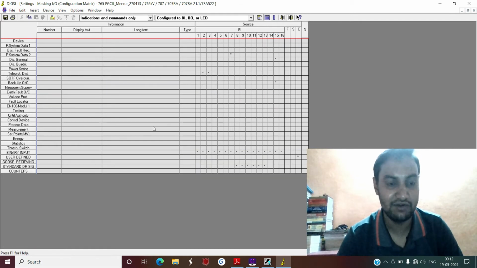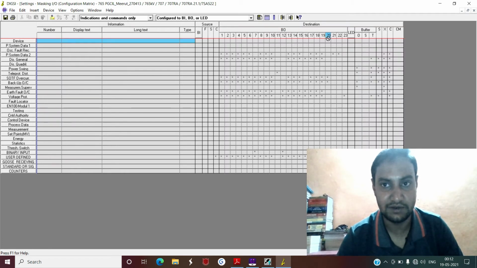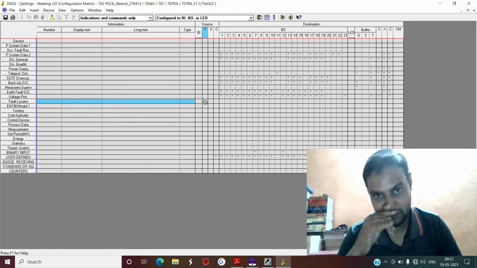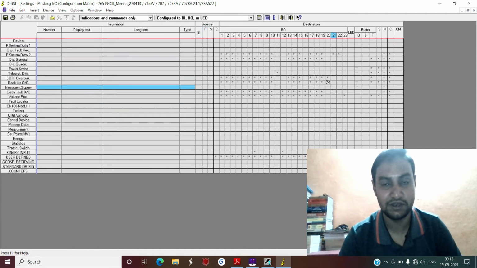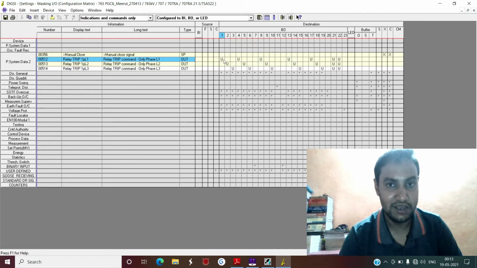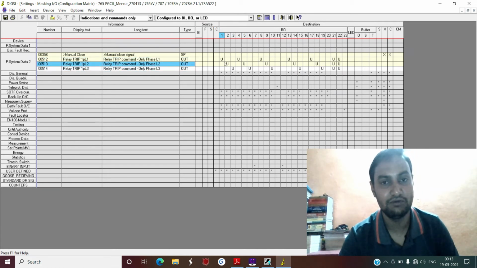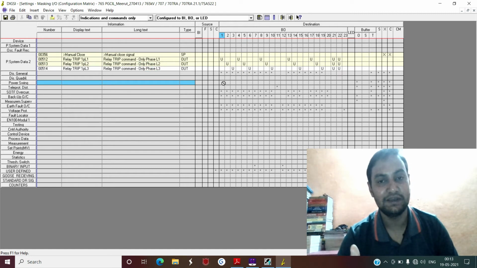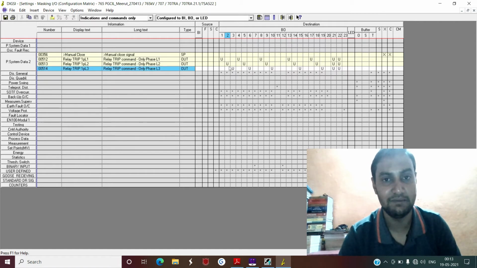So once you have configured your input signals, the next thing is output configuration. Go to this destination tab. Now in the output configuration, if you see, there are lots of matrices or masking over here, but this is again a very simple thing. If you just expand any of these, I will explain some of the outputs to you, output number 1, 2, 3, for example. If you understand some of the outputs, you can definitely understand the configuration of any output, and you can do the same on your own.